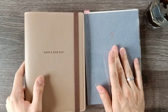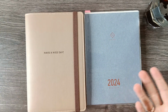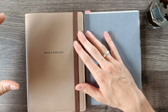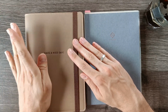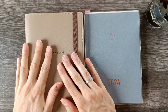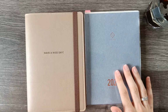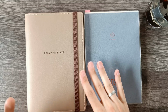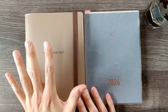And then for the what's new part, there is the Take A Note planner that I've briefly shown, but that I hadn't really done anything in yet. And then the Paper Test Designs undated yearly notebook. I got the undated one, which is definitely not my preference. However, that was the only one that is available right now because we are obviously at kind of a weird mid-year point. But it's definitely good enough to